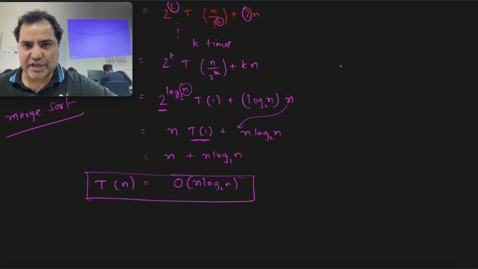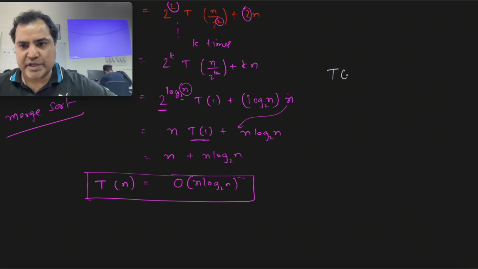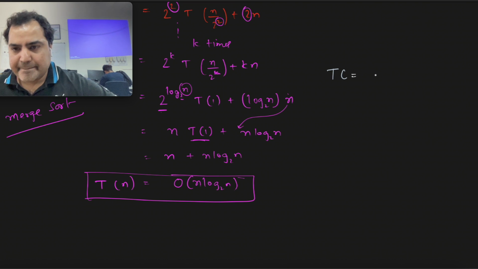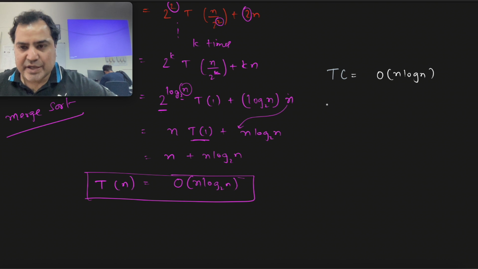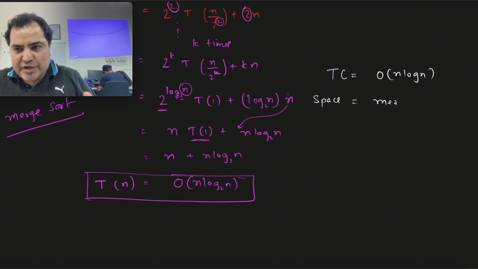Now see the space complexity of merge sort also, right? As we have seen, the time complexity of merge sort comes as order of n log n, right? So what about space complexity, right? The space complexity is the space the merge algorithm is taking plus stack space,